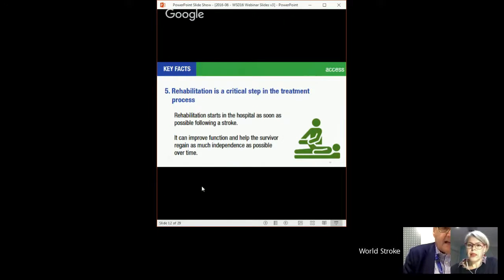So the next key fact is that we should never forget that rehabilitation and working on brain recovery to help the patient regain as much of the function as possible depends on multidisciplinary rehabilitation, and this has to start in the acute hospital as soon as possible following a stroke. We know that rehabilitation improves function and helps the survivor regain as much independence as possible over time. We know that people after stroke, unfortunately, often do have varying degrees of disability, but the disability can be reduced